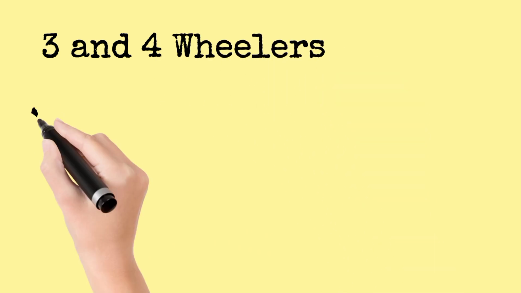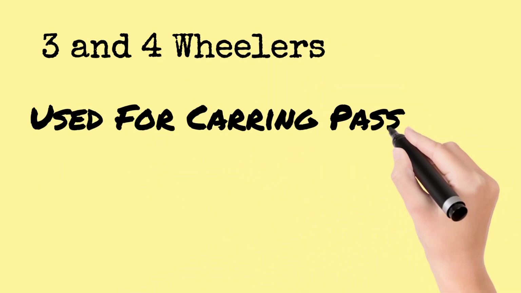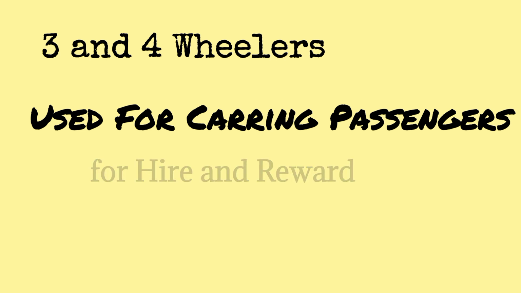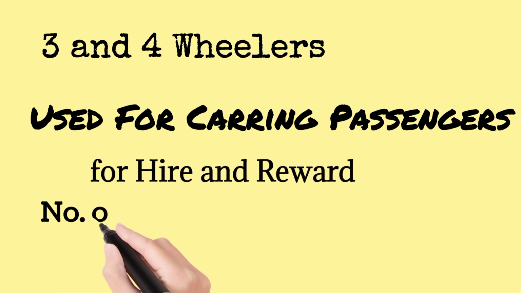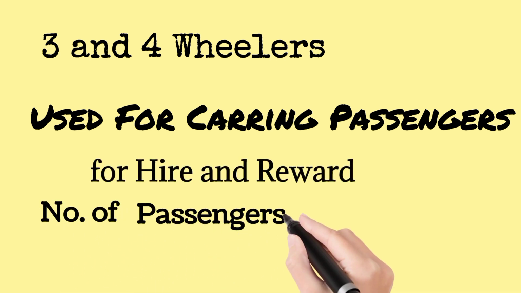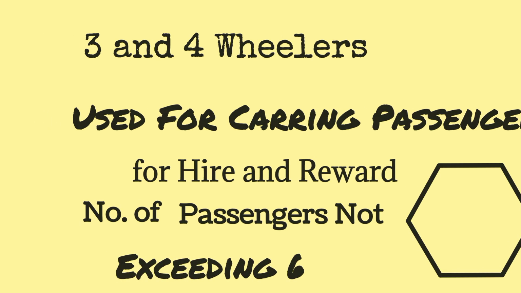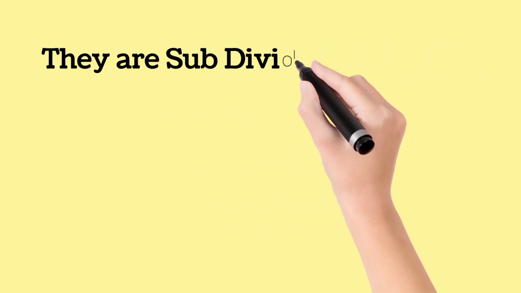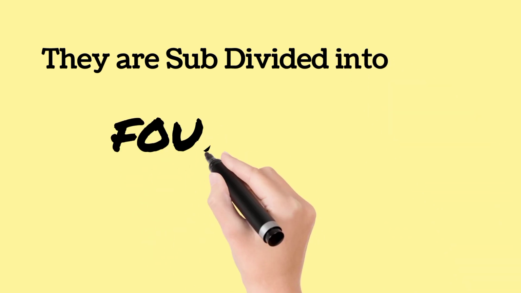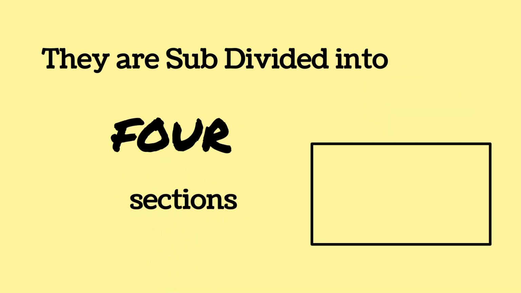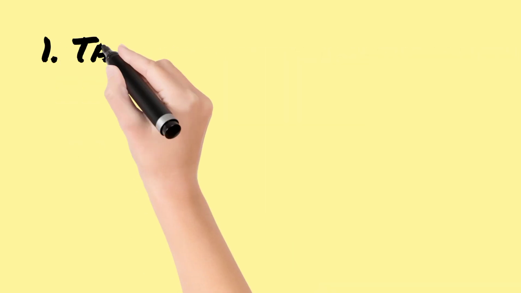Class C is related to 3 and 4 wheelers used for carrying passengers for hire and reward. Number of passengers should not exceed 6. They are subdivided into 4 sections. They are